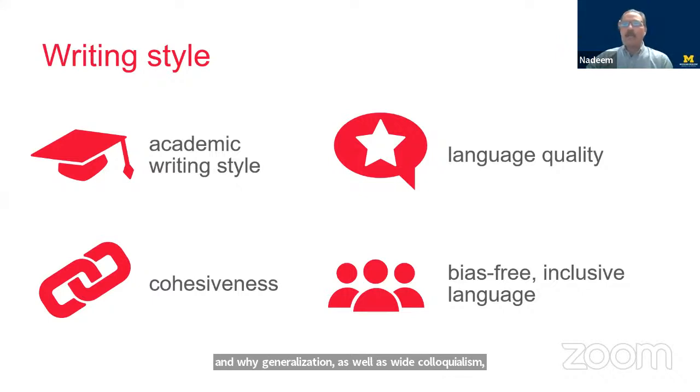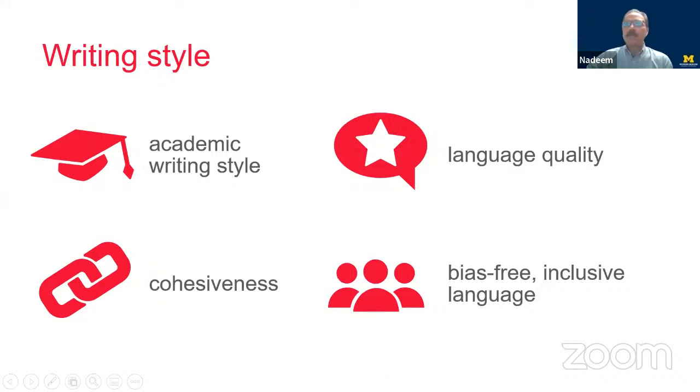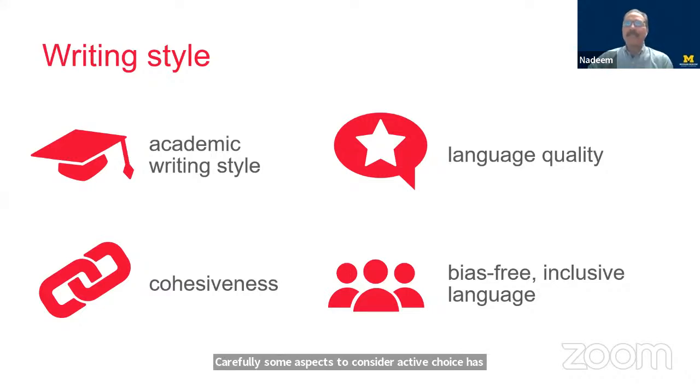Try to also avoid regional or discipline-specific jargon. Journal improvements on language quality are appreciated. Choose your terminology and nomenclature carefully. Some aspects to consider: active voice over passive voice, concise language, simpler sentence construction, correct article use, and singular versus plural agreement of verbs and nouns. The articles should be cohesive.